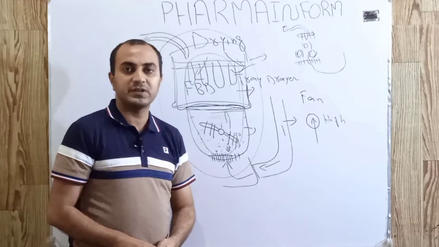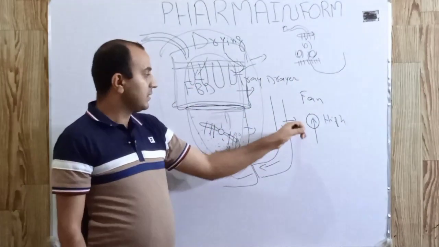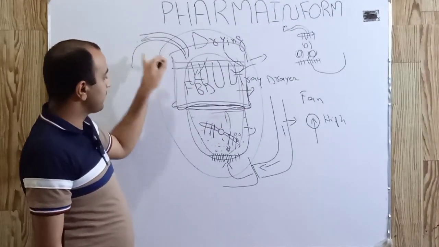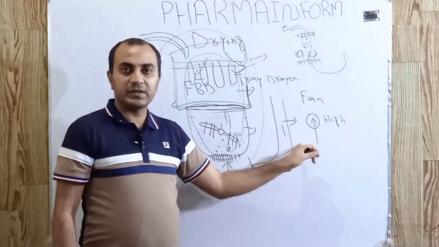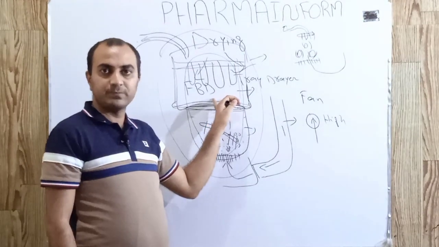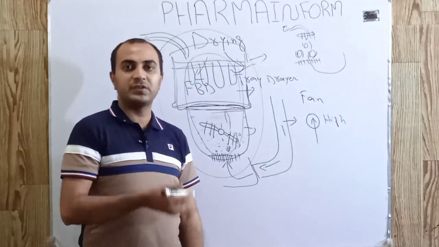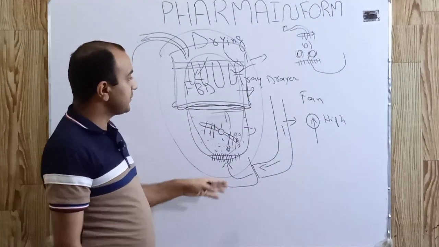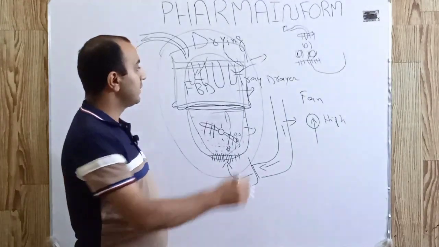The factors which may affect fluidized bed dryer drying are temperature of inlet air, temperature of outlet air, and fan motor speed. If the inlet temperature is not high enough, we may not be able to properly dry our products. If the fan motor speed is very low, proper fluidization will not occur. So all these parameters are controlled in a uniform manner.